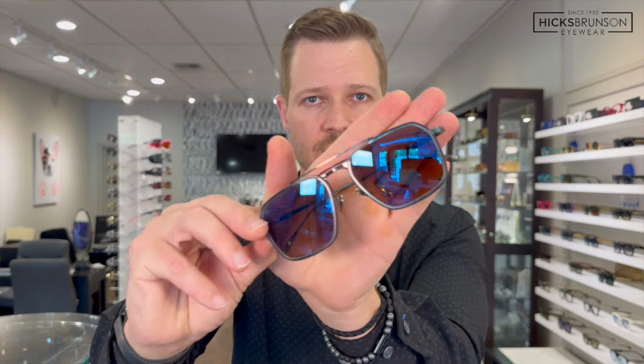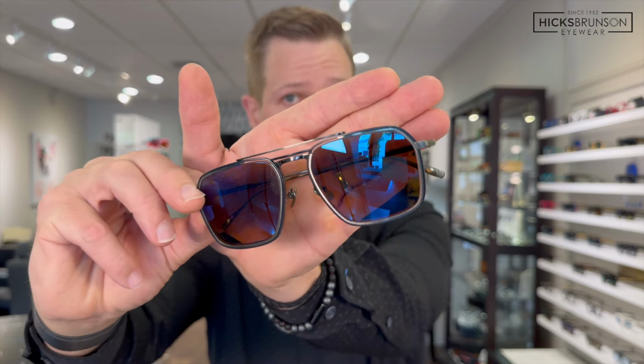You have that flash blue mirror, which not only adds to the style, it adds to the look, but it also provides an additional bit of protection from bright light, because mirror coatings do reflect back light. So you're going to lower the light transmission just a little bit more. In other words, in bright light, it's just a little more comfortable when you have a mirror coating on the surface of the lenses. When you have a blue mirror coating paired with the navy silver frame, paired with the XTRActive brown, woo, such a good look. All right, let's put those safely back in their case,